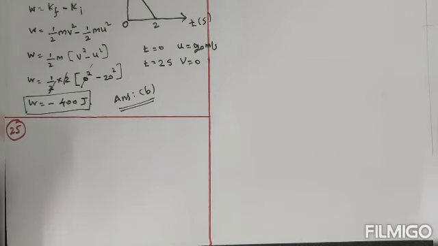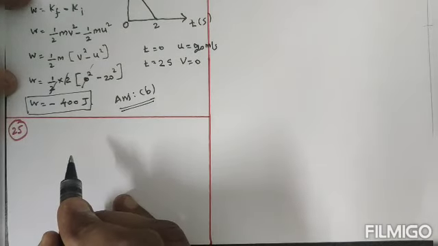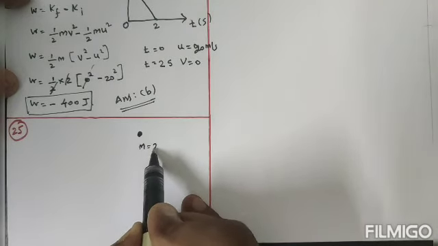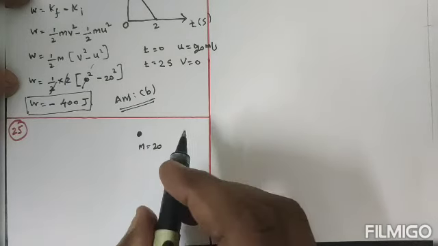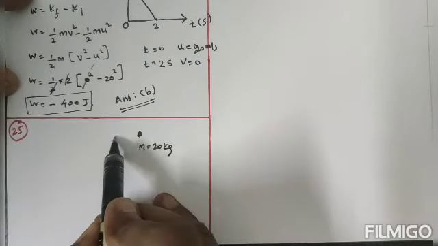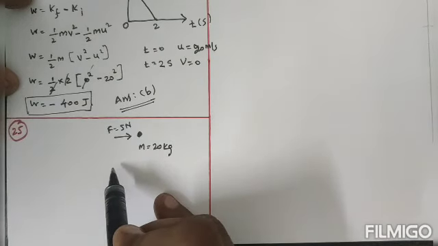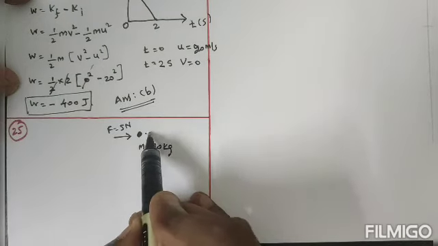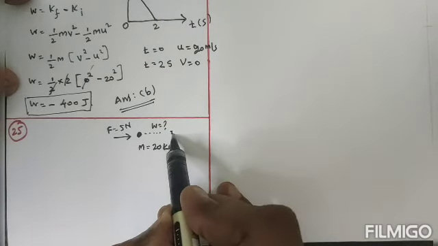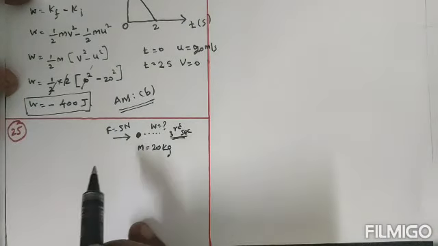See that. Listen. A force of 5 Newton is applied on a mass. So the mass of the body, that is m, is given, that is 20 kilogram. Then the force applied on the body is F, 5 Newton. Therefore they are asking the work done in the third second. In the third second, how much work done? So that is the question.